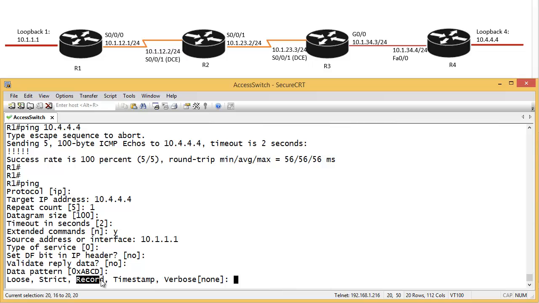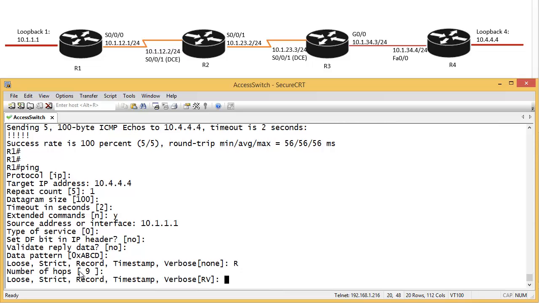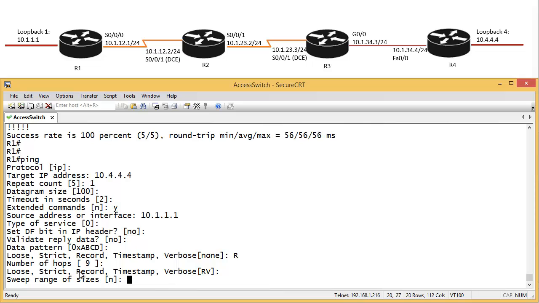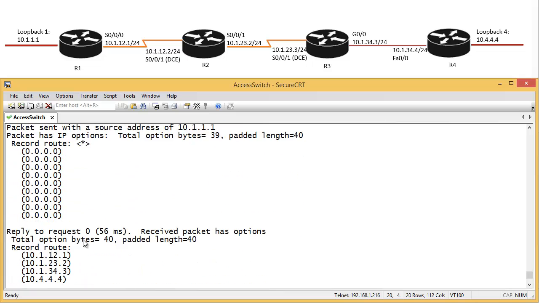This is the record option. If you type R, it's going to show you how the ping goes to the destination from each exit interface and how it comes back from the destination. So type R, 9 hops, you can increase this if you want, and press enter. Sweep range, no, we don't want to sweep the range, just continue. Now, very, very interesting here. If you see,